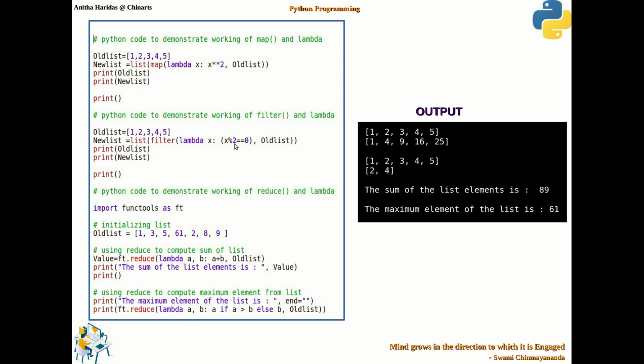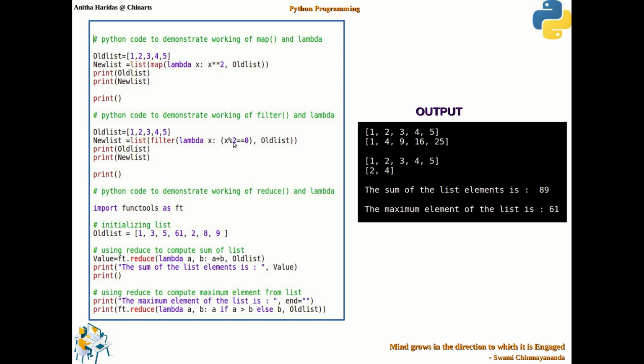Then 3 mod 2 is not equal to 0, so it is going to return false, so it will not be considered. Then 4 mod 2 is equal to 0, so obviously it is an even number, so it can be considered in the new list. That will be returning true value.